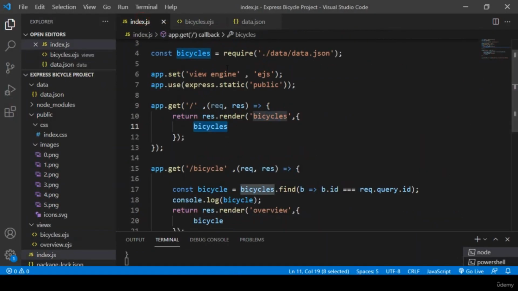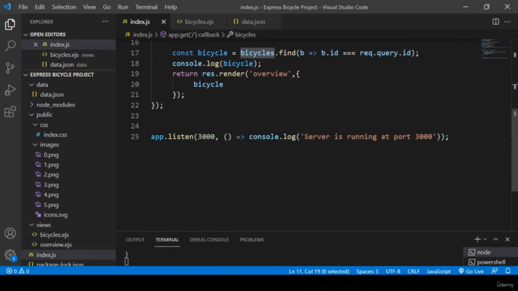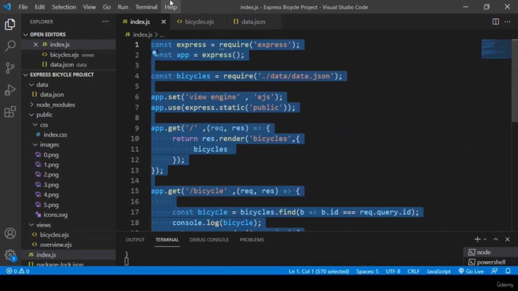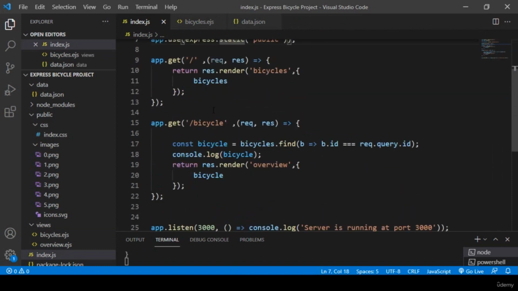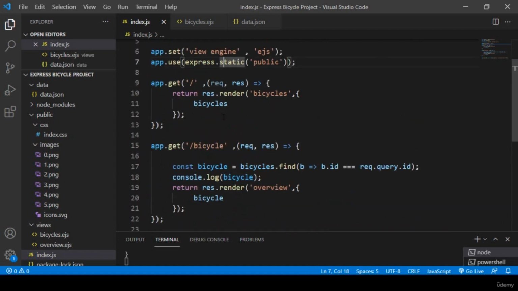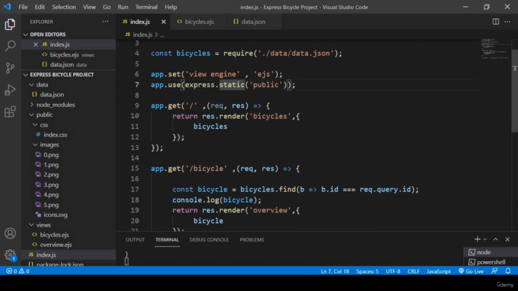Right now if you go to our index, and into the index you can see there are only 25 lines. But when I use the same things with pure Node.js, then that was near about 100 lines. So that is the main benefit of using that framework. So as I told you before, Express.js makes your code very small. I hope you like it very much. Later we'll go more deep. We'll create multiple advanced Express.js